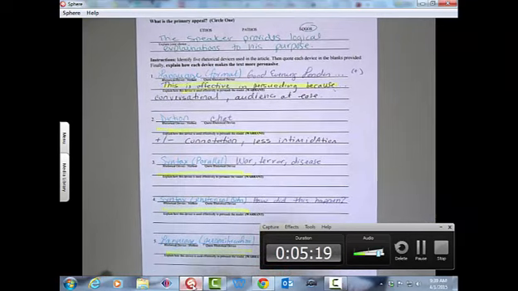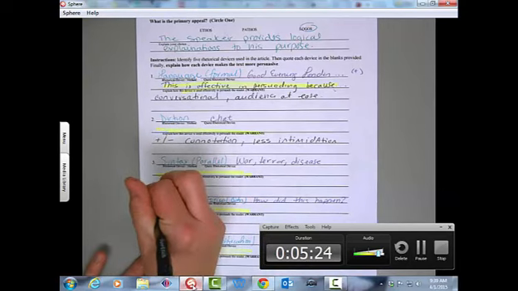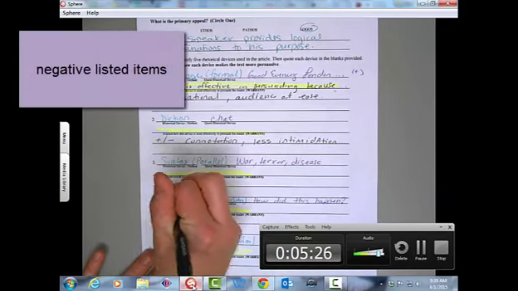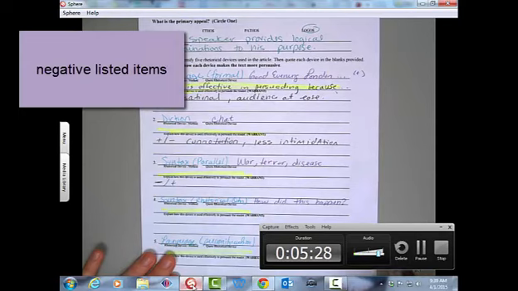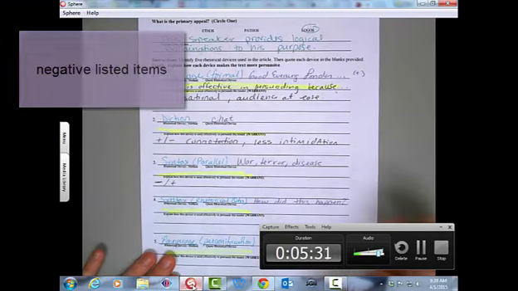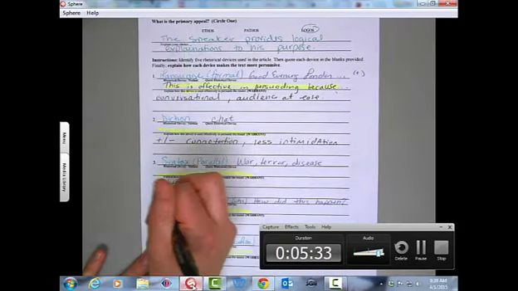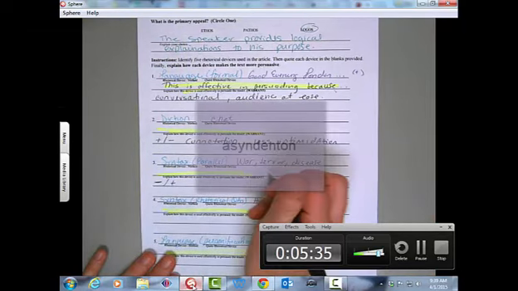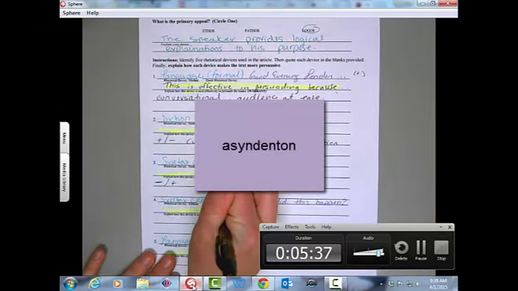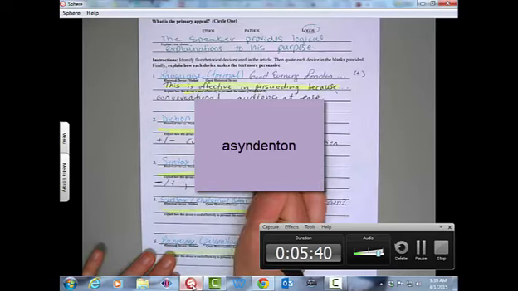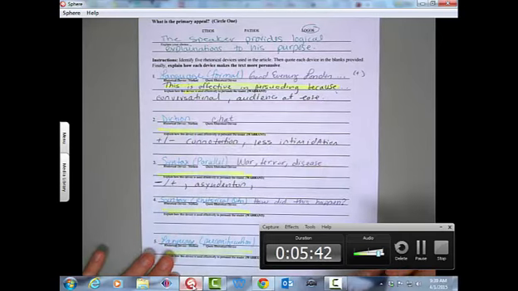Then we have syntax: war, terror, disease. What would be the benefit of listing these negative things? So again, we have negative things here. You always want to ask, is it negative or positive stuff that's being listed? What is it when you take out all of the conjunctions? That would be not polysyndeton, but asyndeton. So again, these are just key words. Yours should be in complete sentences. And why would listing those negative things be relevant? Why would it matter? And so if you turn over your paper, you'll see them listed at the top of